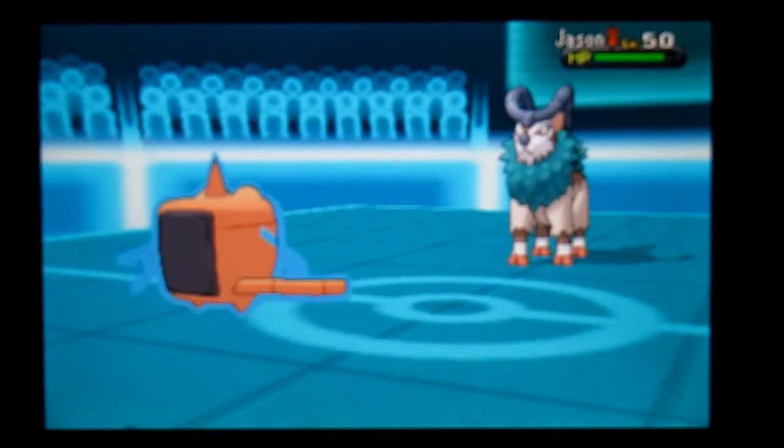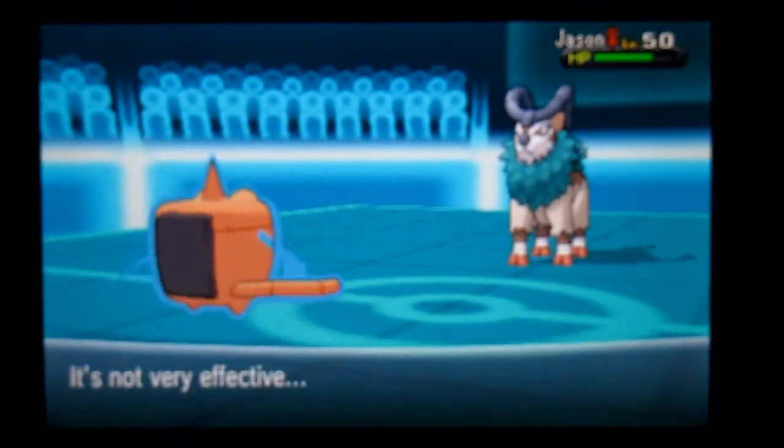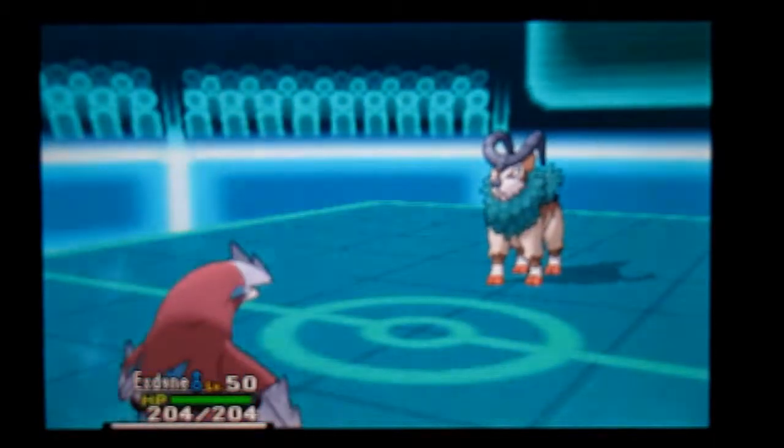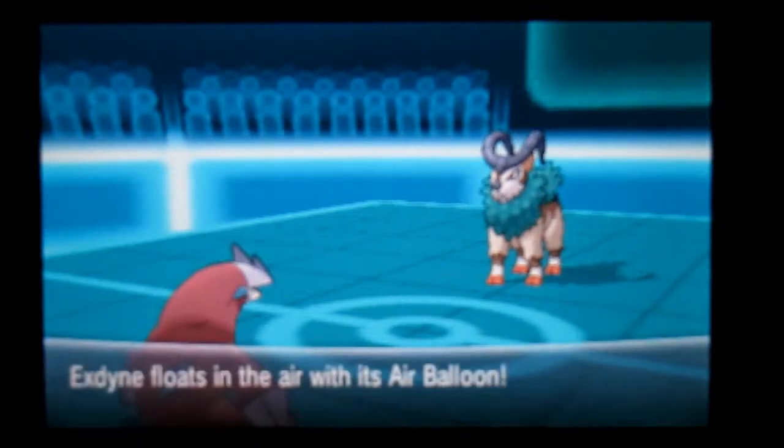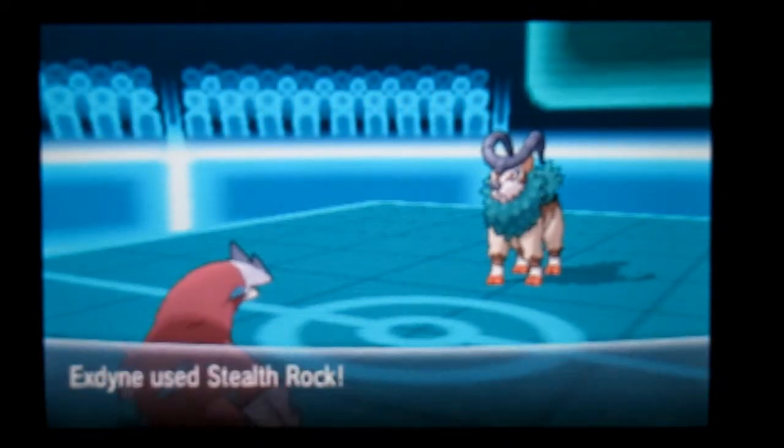Now here's where my tactics start. I start using the double switch formation. Okay, watch this. I switch out using Volt Switch into my Excadrill. I set up Stealth Rock. Now Stealth Rock, it's an entry hazard. Every time a Pokemon switches in, they take damage